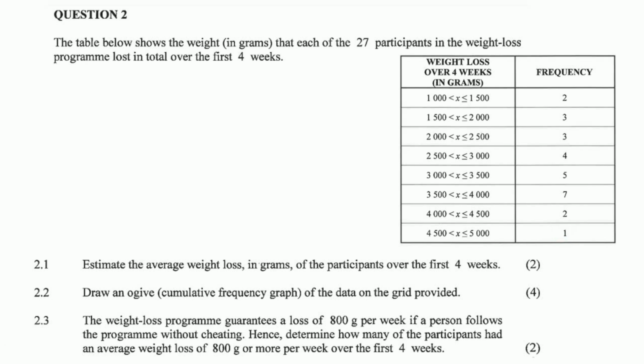First question, estimate the average. Okay, average, so that means the mean in grams. Okay, so we need to know how to calculate average from a table. So the way that it works is there are 2 people over here, but you got to take the mass as somewhere directly in the middle. Okay, so the mass in the middle would be 1,250. This one would be 1,750. Okay, so there are 2 people who